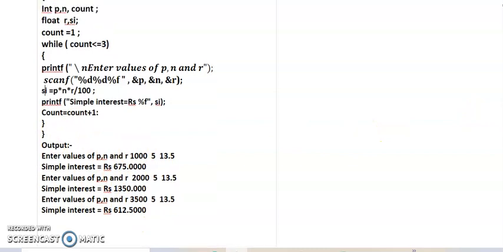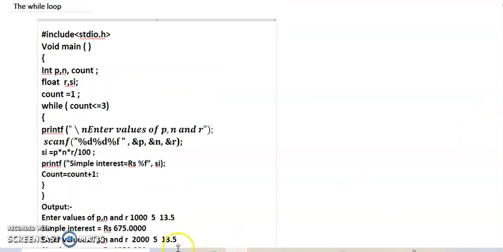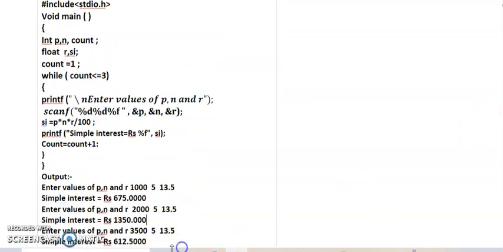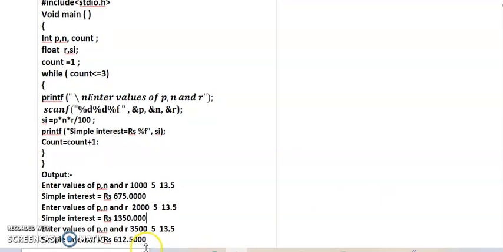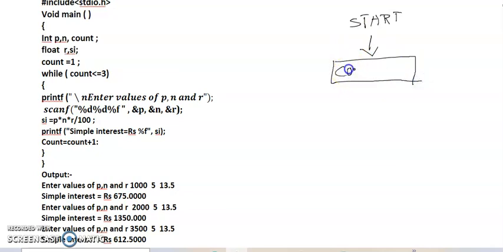So now let's see the flow chart, because a flow chart is very important for learners. So let's draw a flow chart. At first I start the program. Now we see the count equals to 1. Count equals to 1. And next is